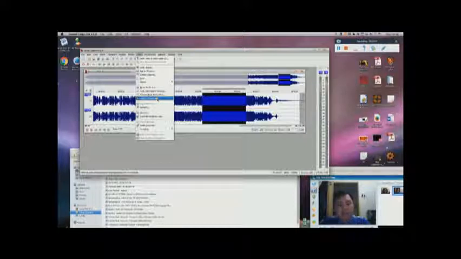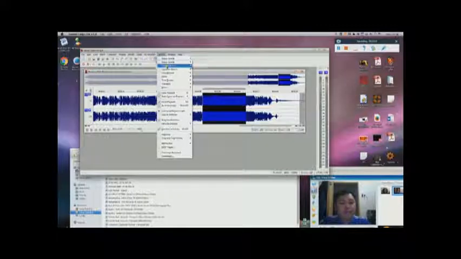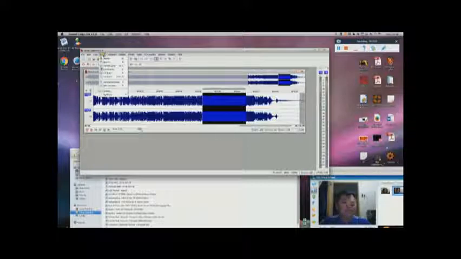So basically, those are all the steps for this video, regarding audio editing software. So by using those several functions,